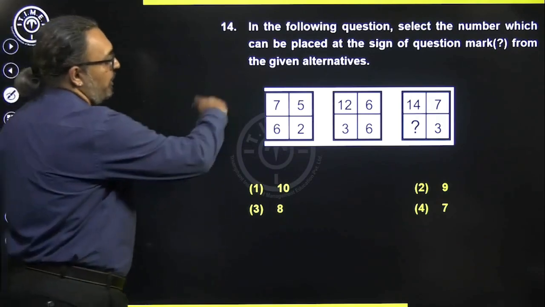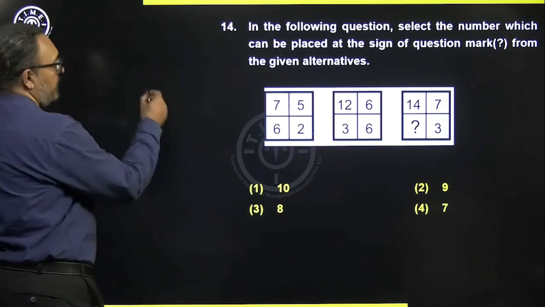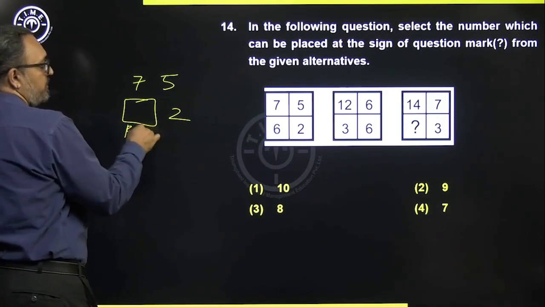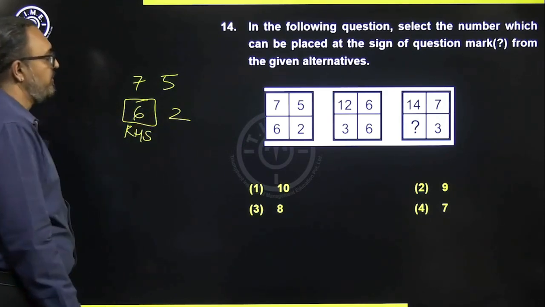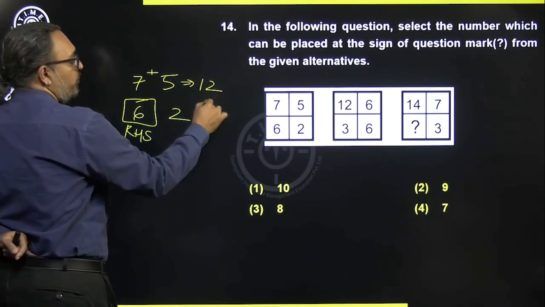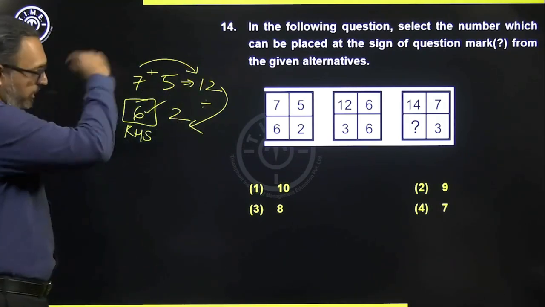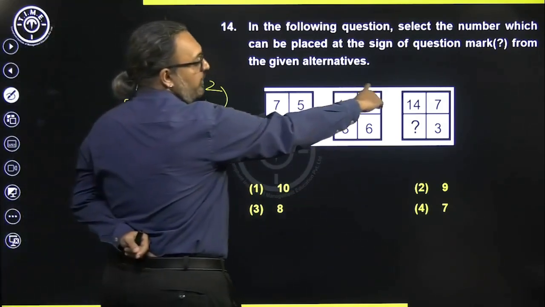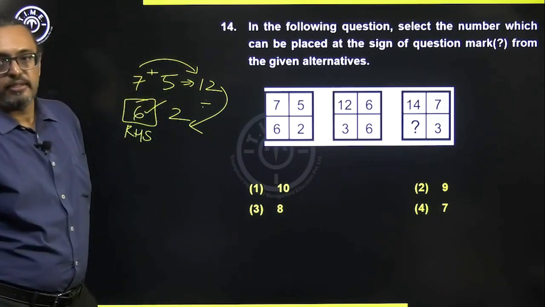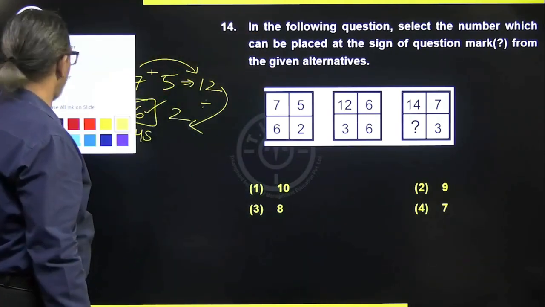Now next I need to see how do I get these. You have a question mark here. So preferably we will consider here you have 752, and this is going to be our RHS, which is 6. So how do I get that? So you can add 7 plus 5, that gives you 12, and then you divide by 2, that gives you 6. That's how we can take in a clockwise direction. So 12 plus 6 is 18, 18 divided by 6 is 3, correct? And 14 plus 7, 21, 21 divided by 3 will give you 7 again,